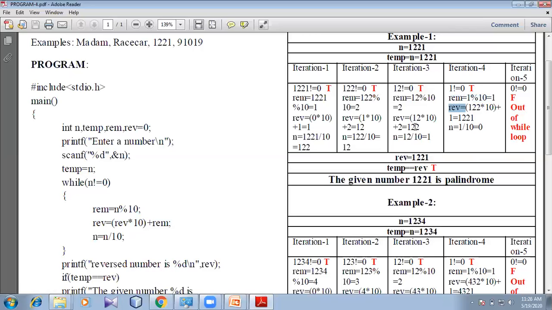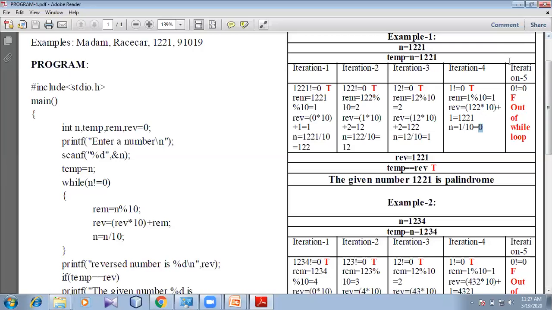The previous value of reverse was 122, so it is 122 into 10 plus 1. You got 1221. The new value of n will be 1 divided by 10. You got 0, because you got 0 point some value, and because both the numbers are integers, we only get the whole part. The truncation will be done for the fractional part.